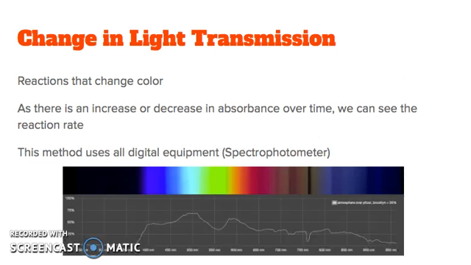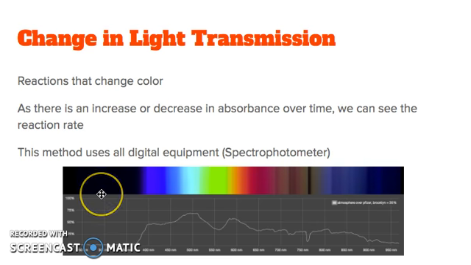A third way to measure the rate of reaction is light transmission. So the requirement for a reaction to be measured like this is that the reaction changes color as the reaction takes place. So if you have something that goes from white to pink, for example, then you can use